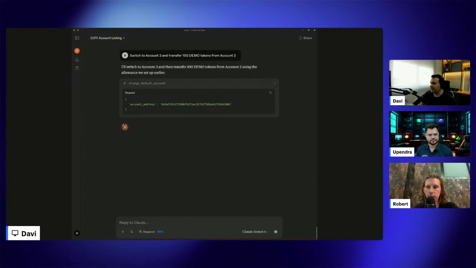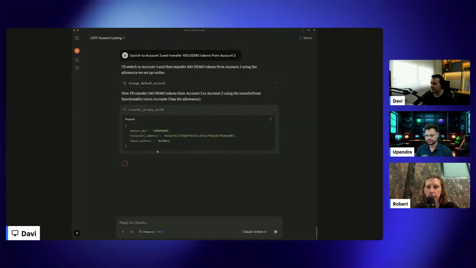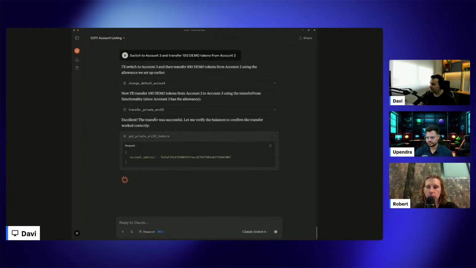Switching to account 3 and then transferring now 100 demo tokens. Okay, it called the change default account. Now it's transferring. Let's check. Okay, successful. Let's verify the balance.